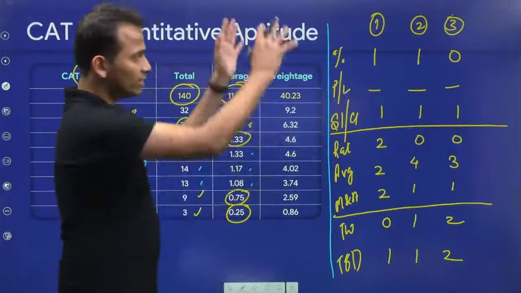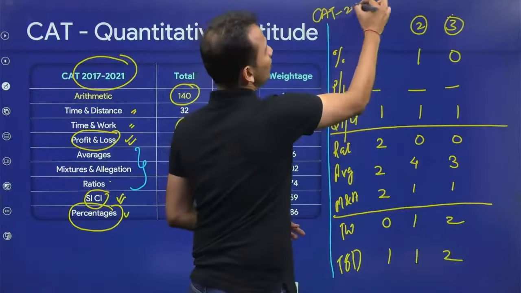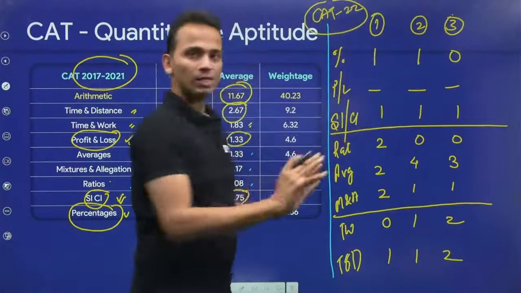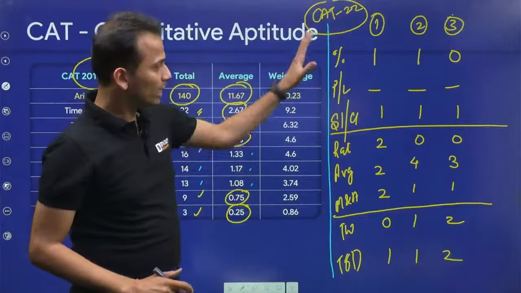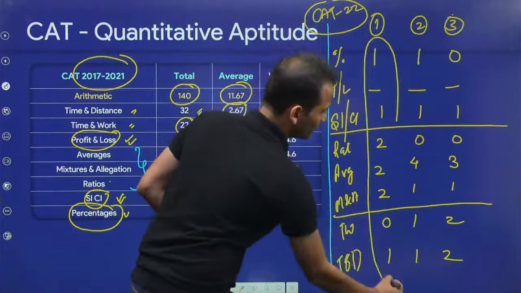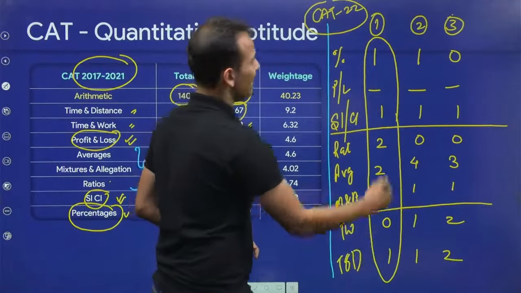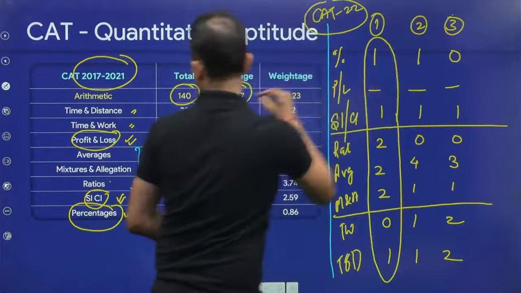All right. So this is the entire breakup for CAT 22. So CAT 22 में ये सब हुआ था. Okay. So now you can understand the importance. So in slot 1, a total of 2, 4, 6, 8, 9. 9 questions appeared